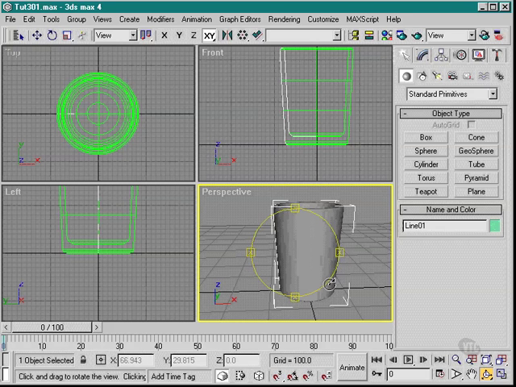I've completed my glass, and now I'm going to go on to applying a glass material to it. First thing I need to do though is to change my environment background so that when I test render this glass I can see what effect my glass is having on the environment around it. To do this we need to go up to render